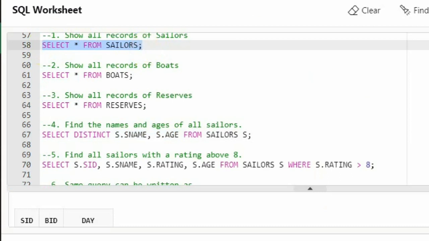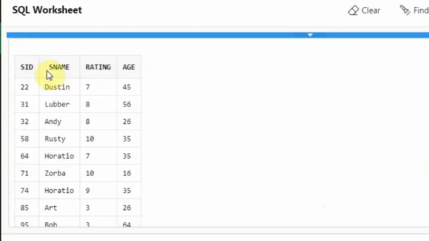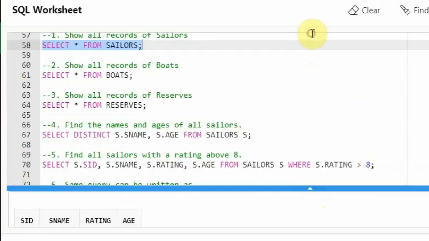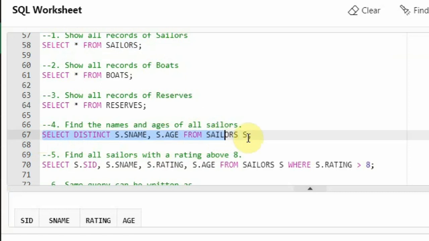So this is the sailors table. Just take a look. I want to retrieve the names. In the names you can see there are two Horatios. These two are different people, but let us see what happens if you apply the distinct keyword. So this is the one. From the sailors table, all the data is found in only one table, so the from clause has only the sailors.